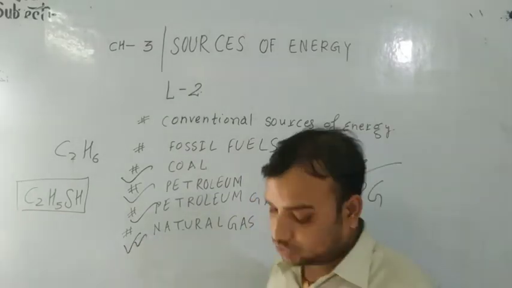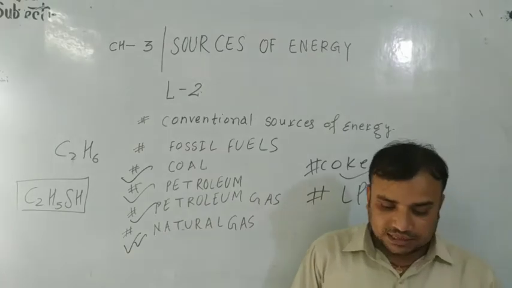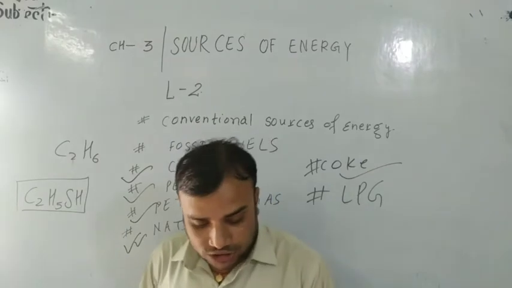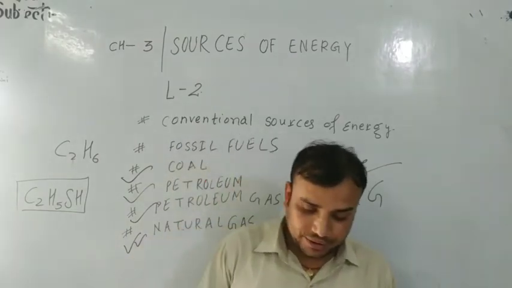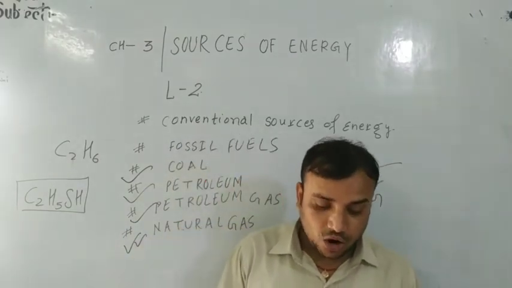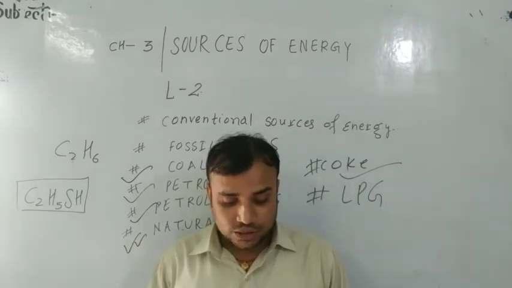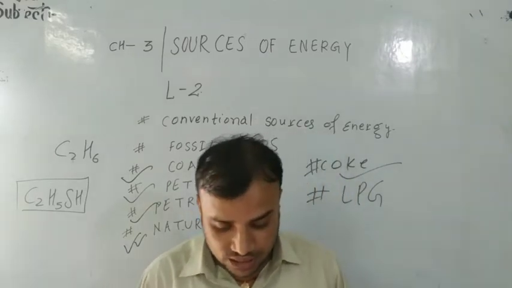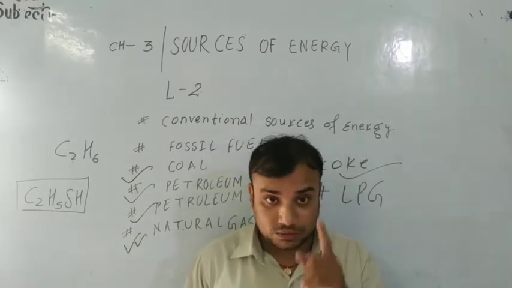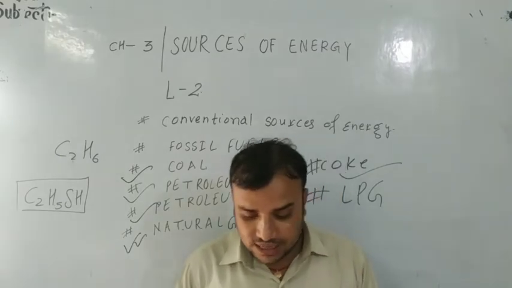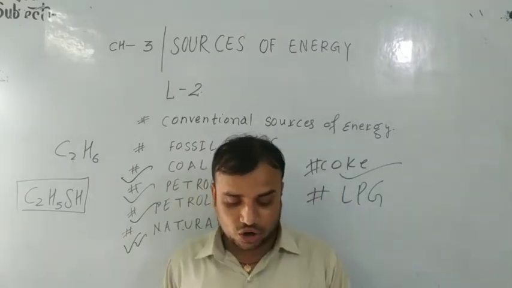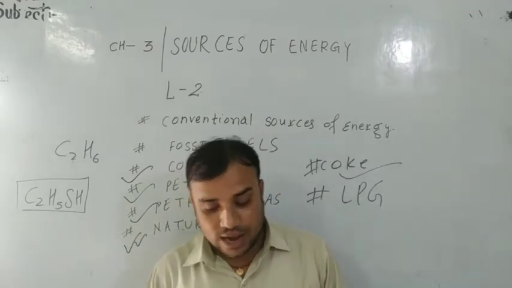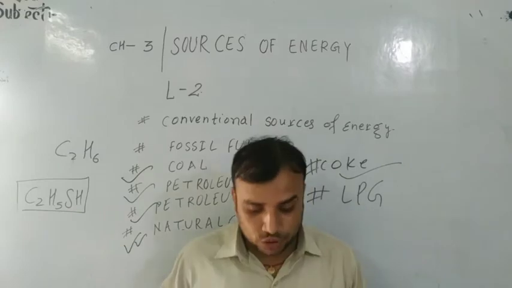Now dear student, natural gas. The next topic is natural gas. Natural gas consists mainly of methane with small quantities of ethane and propane. In fact, natural gas is up to 95% methane. How much methane is present in natural gas? 95%, dear students. It is very important to learn 95%. Natural gas occurs deep under the crust of the earth, along with or above the petroleum deposits.